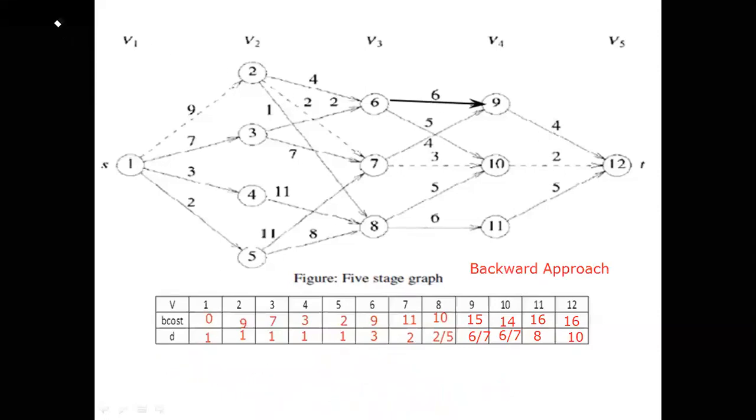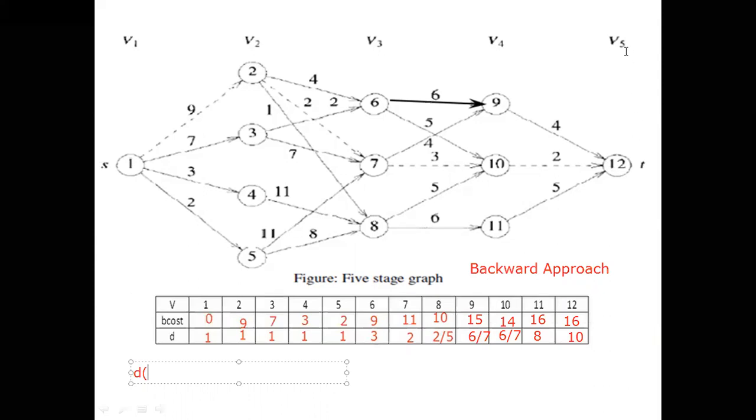Right. The path number I am going to write. What is the one? We did it on forward. The same approach I should use here also. Right. I will do it here. First D I should write. D of, there I started from 1 to 1. But in the forward approach I started with 1. That is why for finding the path I started with 1. Right. 1, 1. But here I am using the backward approach. I started with the 12. That is why I have to do it starting with the 12.